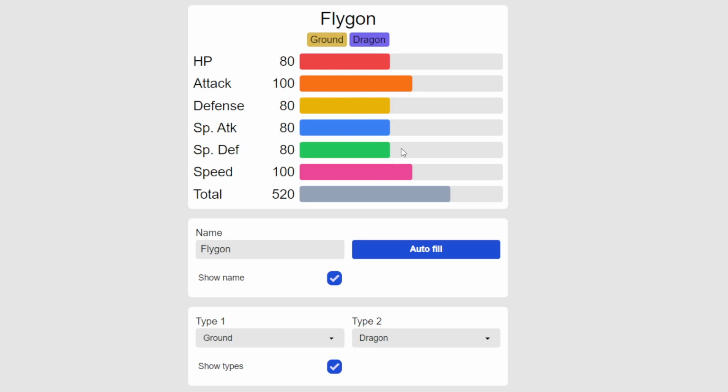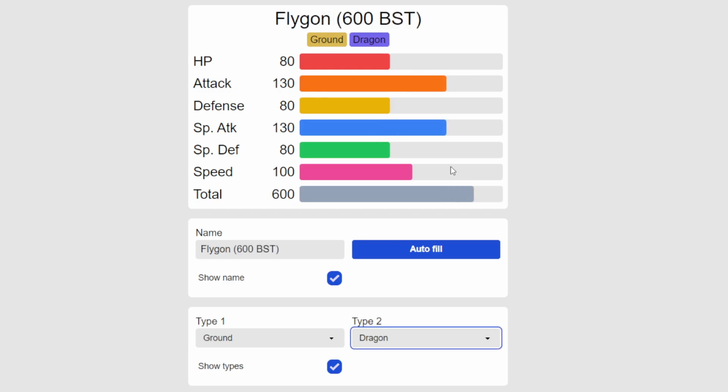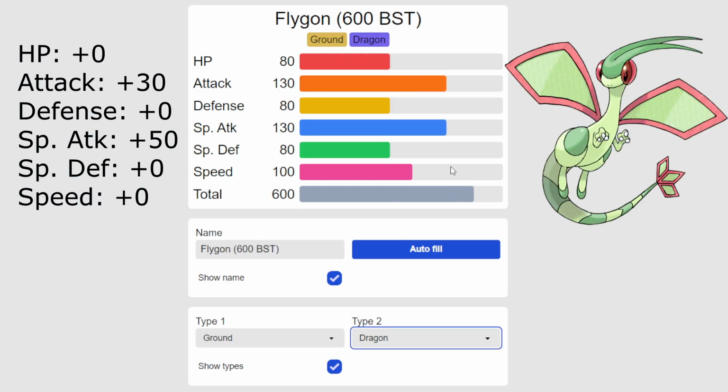So how did I get Flygon up to 600 base stat total? I obviously have to add 80 points to 520 to get there. So where did I put all of Flygon's points into? Now, without further ado, let me show you the new and improved Flygon with 600 base stat total up to pseudo legendary level. Now, we got Flygon here with 600 base stat total, and obviously you can see the attacking